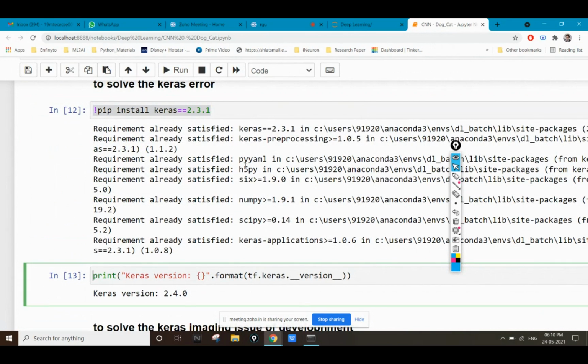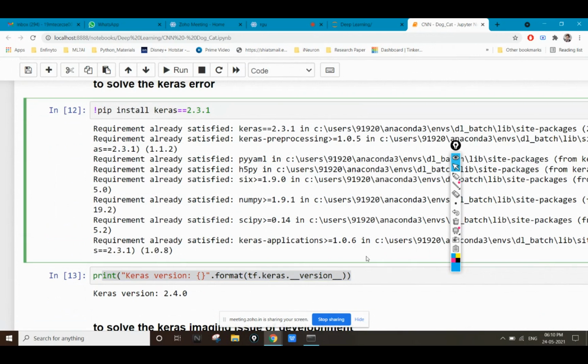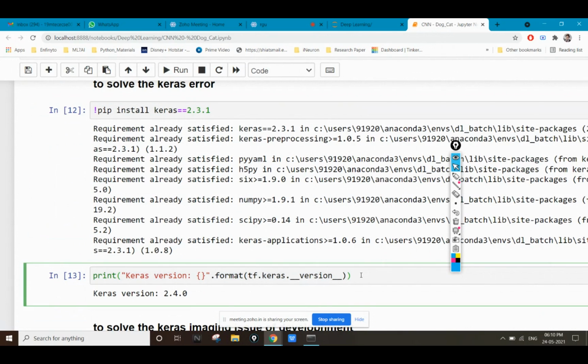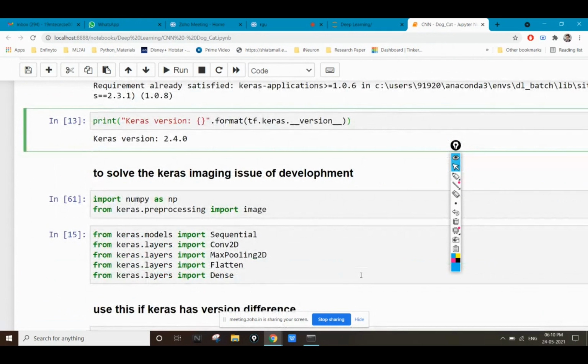You can see that I'm installing the older version also, but my current version is 2.4. I'm installing it for performing all the steps because the project I developed was on Keras version 2.3. So just for security, I'm installing one of the older versions also, but the current version which I'm going to use is 2.4 only.